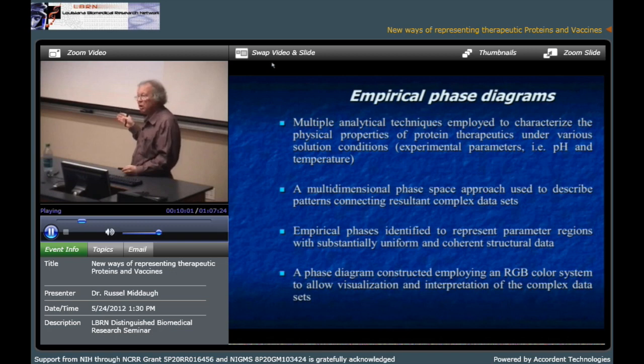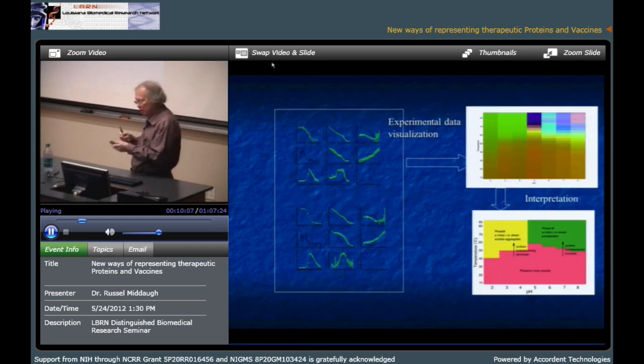And then we'll use an RGB, red, green, blue color scheme to assign colors to those 3 main components and combine them into a color. All right, so here's an illustration of this. Here's data. We won't be concerned yet with exactly what the data is. And here's a result of this, in which this is temperature on this axis and pH on this axis.